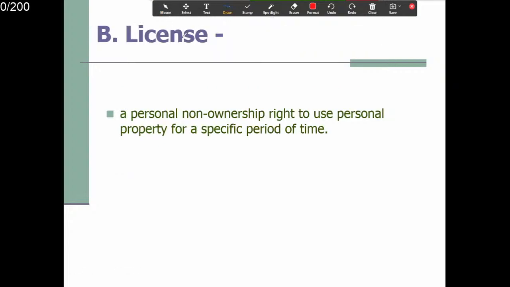License, okay? You're going to do rental, right? Some cities, you need a license to do rental, okay? Both the landlord and